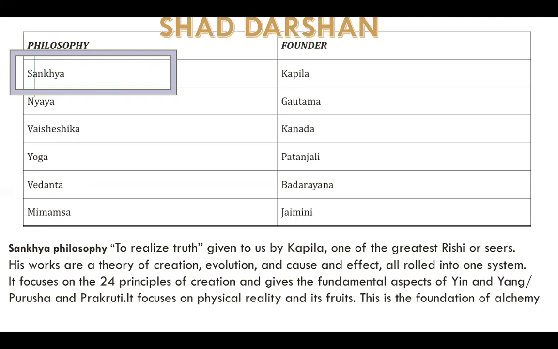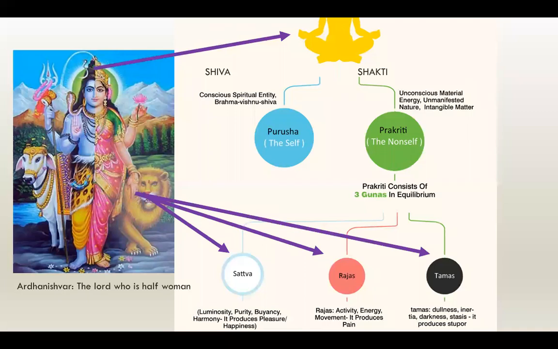But before we get to the elements, we first have to talk about the environment or the milieu, the way that the elements fit into the grander scheme of creation. And through that, we need to look at Sankhya philosophy. So here's an image. On the left, we have Ardhanishvar, which is the Lord who is half woman. And you can see Shiva with Nandi, his bull, and being fused with the principle of the divine feminine, who is Shakti. So they fuse together, the two become one,